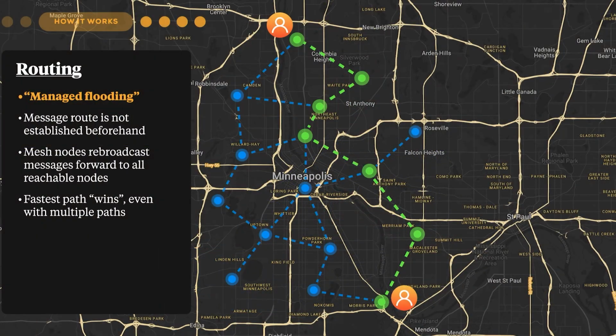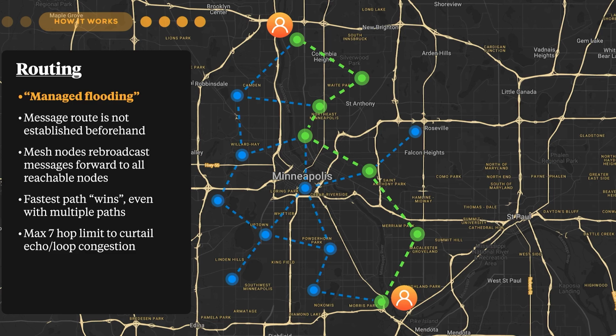In this sense, it's basically the fastest path, even if there are multiple paths for a message to get from one place to another. This is wildly generalized and simplified, but I think visualizing it as the fastest path is probably the most straightforward way to represent this. Another thing to know is that when a message goes from one node to another node, it's called a hop.